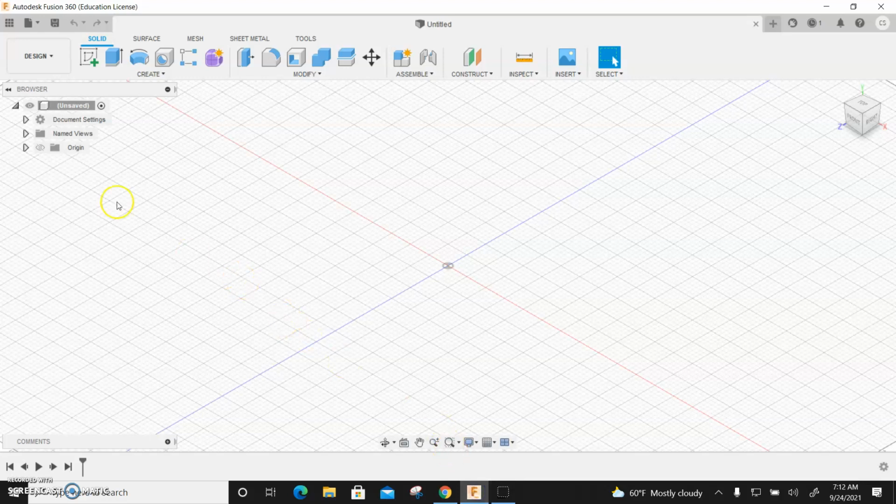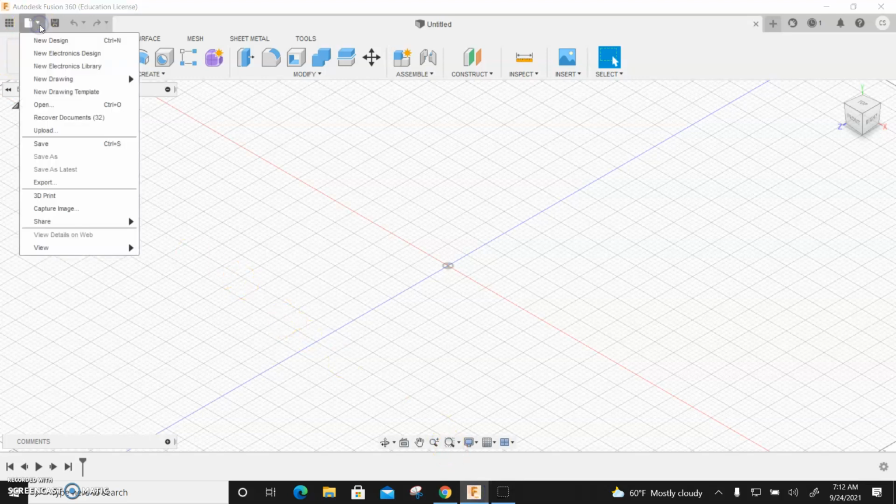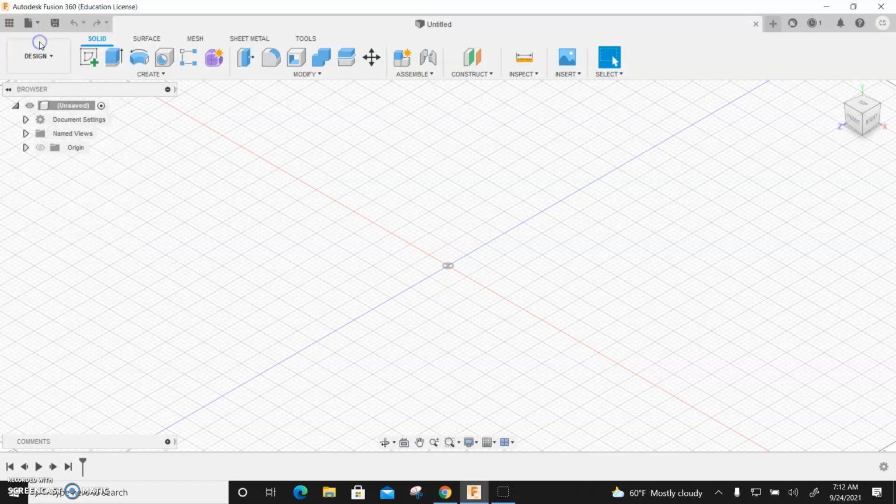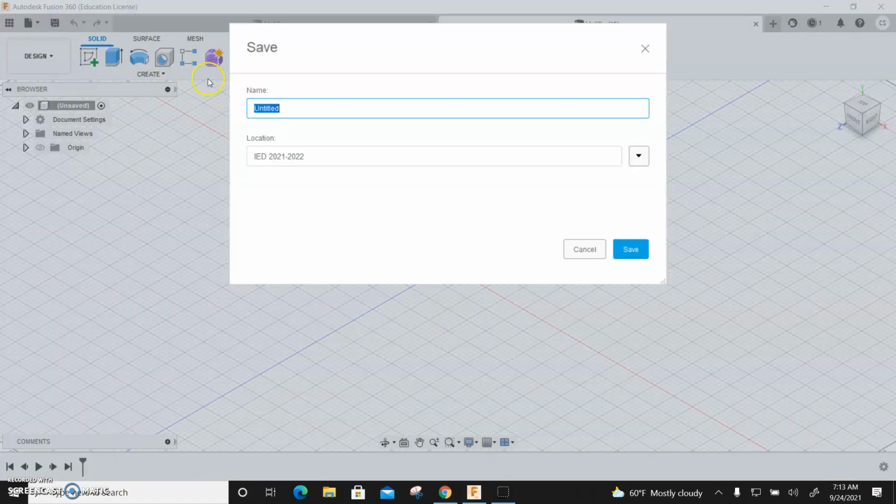The first thing I'm going to do here in Fusion is I'm going to open a new file. I'm going to go to New Design, and it pops up. I'm going to then save my design, and I'm going to call it Curved Blocks. And that's going to go into